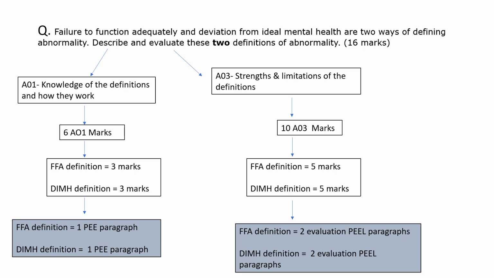So we need to use our topic companions, we need to look at the evaluation points, we need to think, right, okay, if it says, for example, that the deviation from ideal mental health has a problem of being culturally relative, because Jahoda's criteria are actually based on a Western view of what it means to be mentally healthy. And, you know, we can't apply that to other cultures fairly or rightly. Then I think, right, there's my point. There's my evaluation point, that Jahoda's criteria are culturally relative, P.